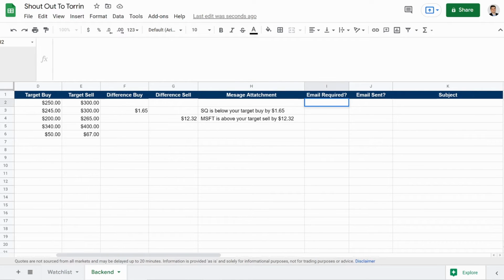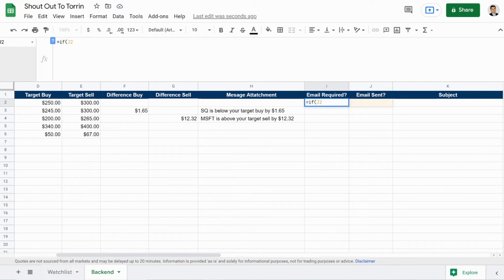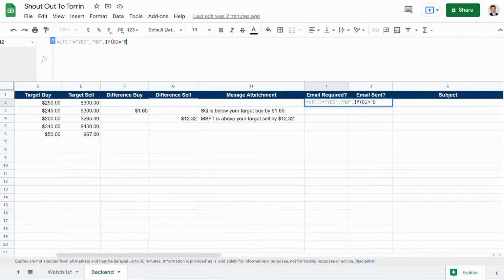So email required, not as hard of a function as that last one. It's going to be equals IF J2, so we're getting ahead of ourselves here, equals yes, close quotation, hit comma, no, comma, want to close that quotation, comma, IF B2 equals, open quotation, buy, close quotation, comma, open quotation again, yes, all capitalized, close quotation, comma, IF